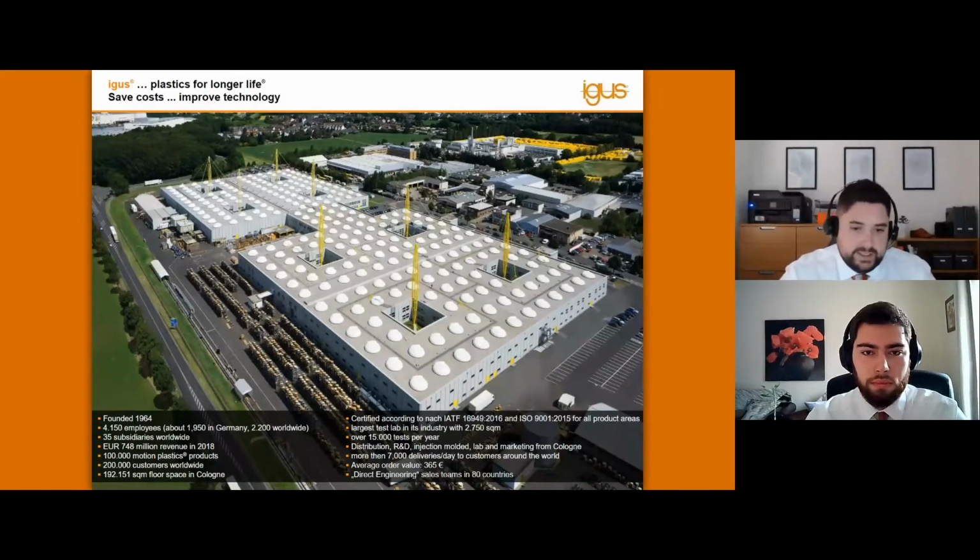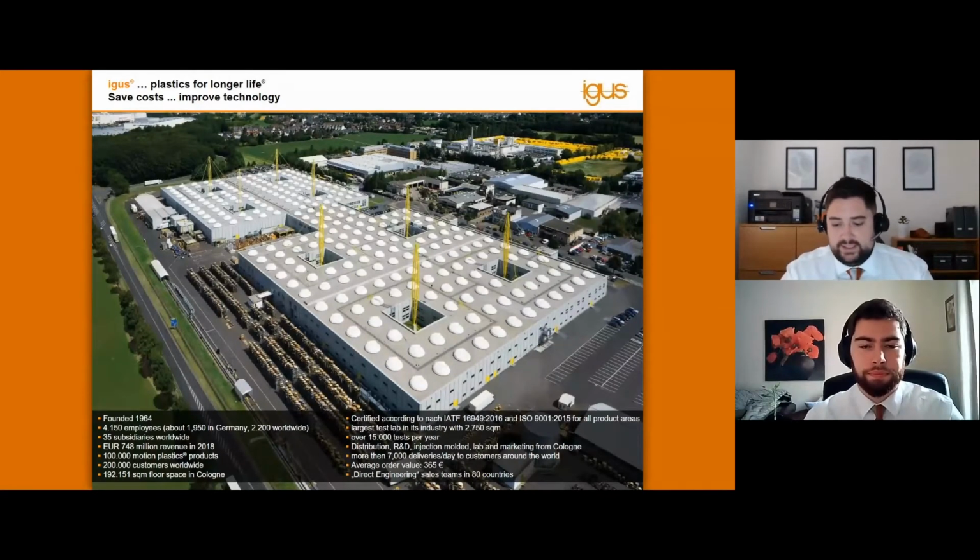Most interestingly for me is that we have the largest test lab in our industry, which is 2,750 square meters, and we make over 15,000 tests per year, to give us facts and data that we can pass on to customers to give lifetime estimates on products. So that's the company part.